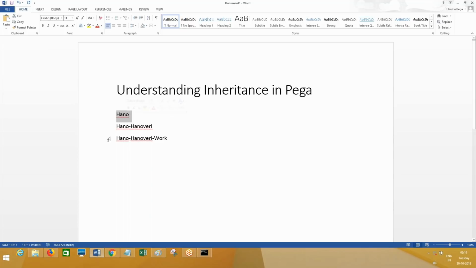So also Hano becomes parent to work class because it is there in the inheritance hierarchy of the classes. So this is called pattern inheritance. So understanding inheritance in Pega, two types of inheritance. One is direct inheritance. Second one is pattern inheritance.